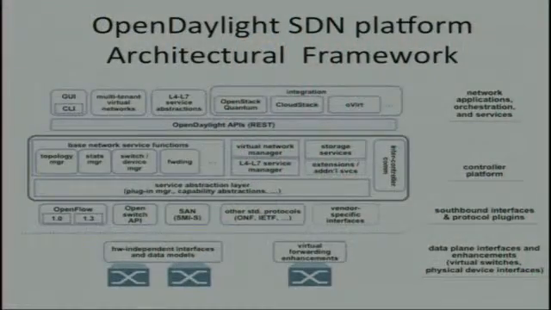So here's a picture of what it is. The controller platform in the middle is sort of the key piece of this. And the idea behind it is that it has a few architectural features that are important. One is that the interfaces going south from it are listed there, things like OpenFlow and things like I2RS, and there can be other things like NetConf and the like. But there can also be proprietary things like Cisco has onePK, GNOS SDK, things like that.